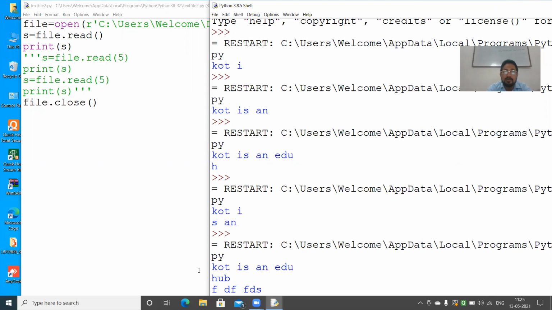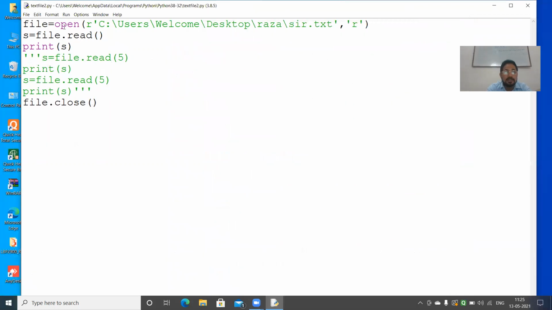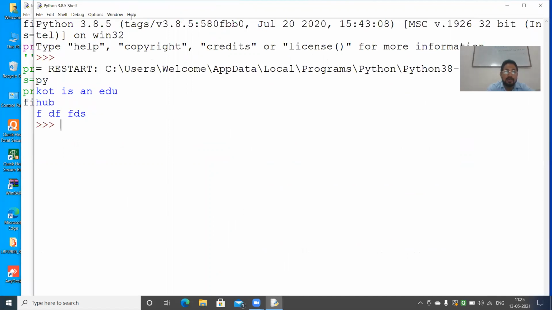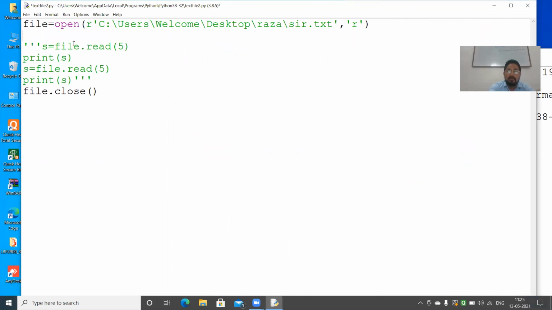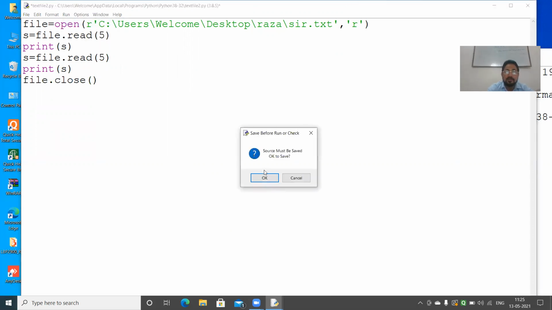Now what we are doing next, this is reading the full line. I will remove this, first let me close this, and see the effect. This read will read the complete line of text. Clear? Now I am just removing it. I am reading the first 5 characters, then displaying it, then another 5 characters. See here. Run.